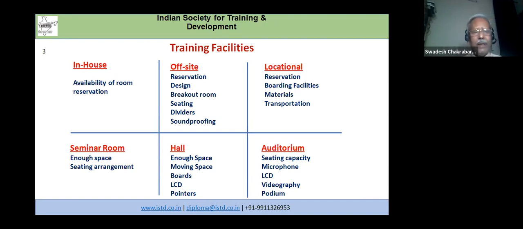In that training facility, you have to see what seminar rooms are available. Sometimes the training program is conducted in a hall, and some people go to a seminar room and start discussing. You want them to discuss certain things and come back to the training hall, and then they should discuss. So for that, there should be enough space, and proper seating arrangements where the people can go to the seminar room and have their discussions. Now coming to the hall,